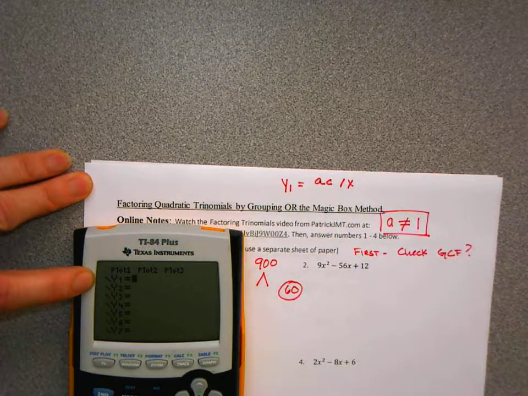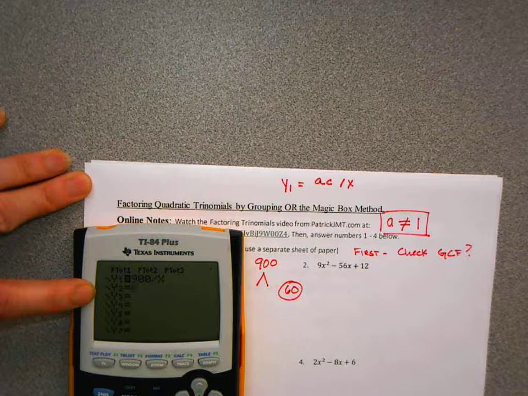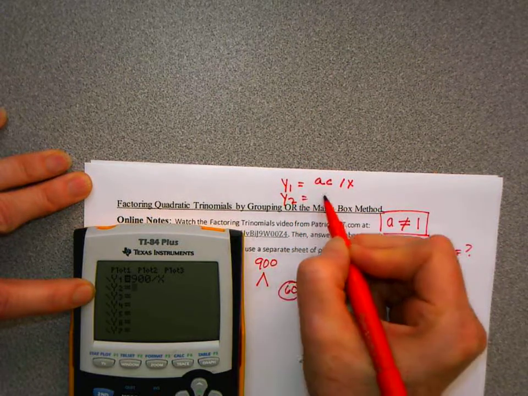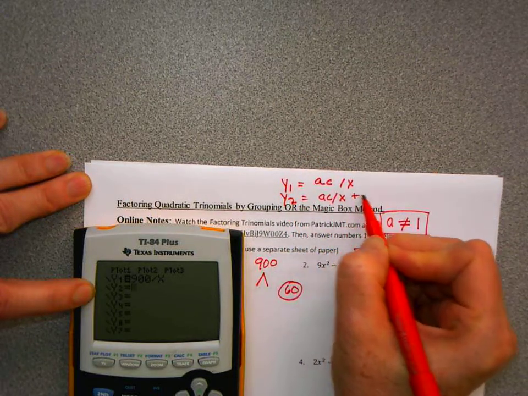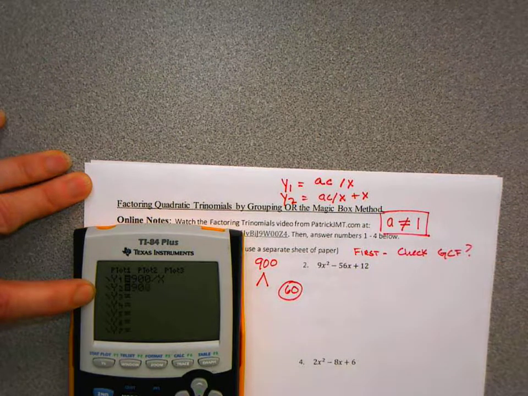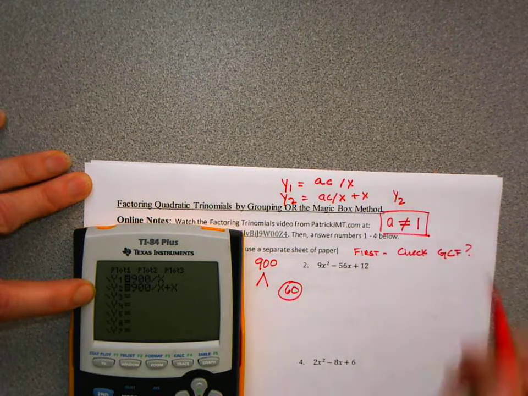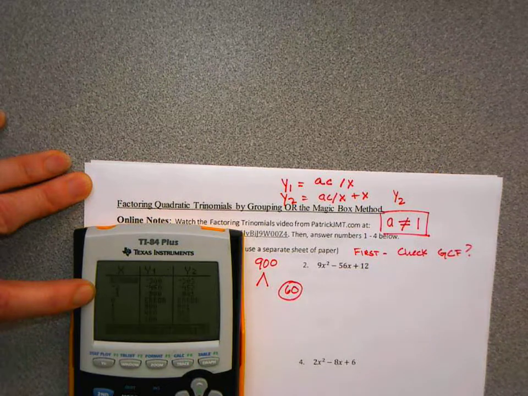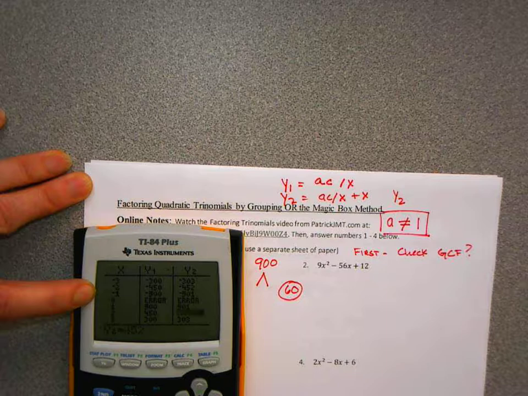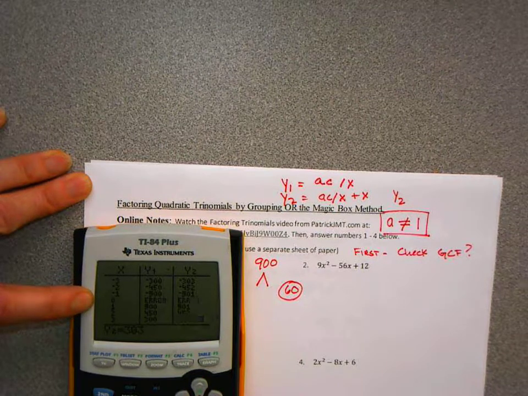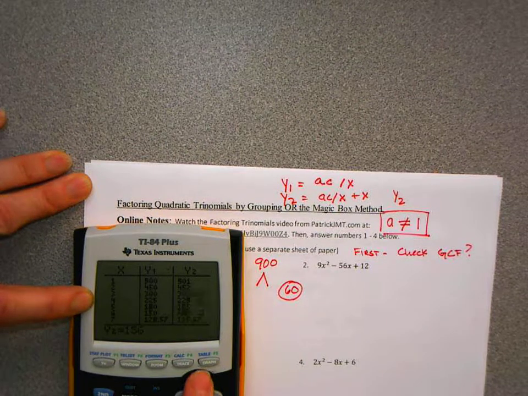What does that look like here? Well, AC is 900, A times C, divided by x. Okay, and then underneath in y2, you're going to put AC divided by x plus x. Well, AC is 900 divided by x plus x. Okay, now what you do is you go to y2, you go to the table, second table, you look in the y2 column for B, which is 900,